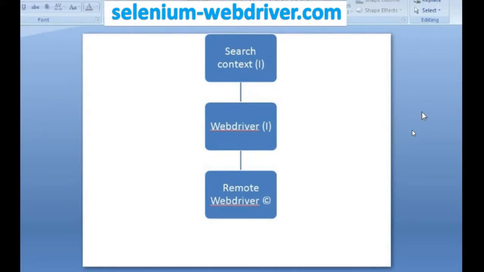There are many classes which extend RemoteWebDriver, which are nothing but our browser drivers, like Firefox driver, Chrome driver, Safari driver, IE driver, or PhantomJS. All the drivers are basically classes, and